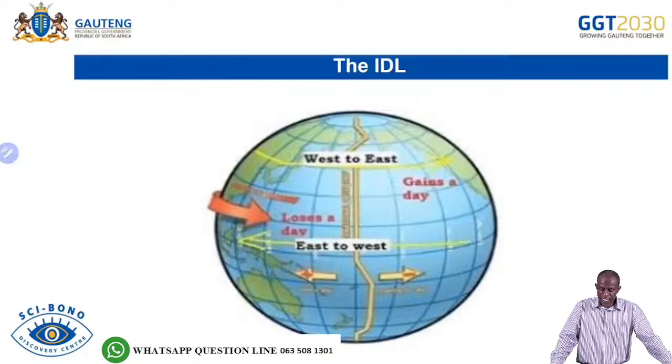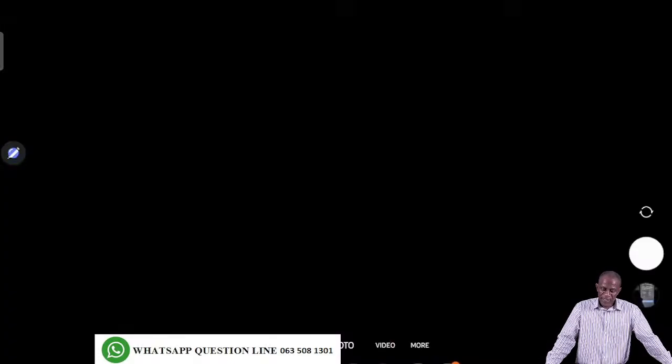As I've indicated, this is a portrayal of the IDL. It is not such a straight line, and it's unlike these other lines of longitude. It is at 180 degrees, and it differentiates